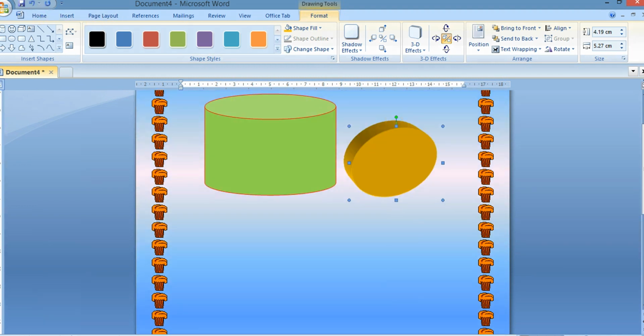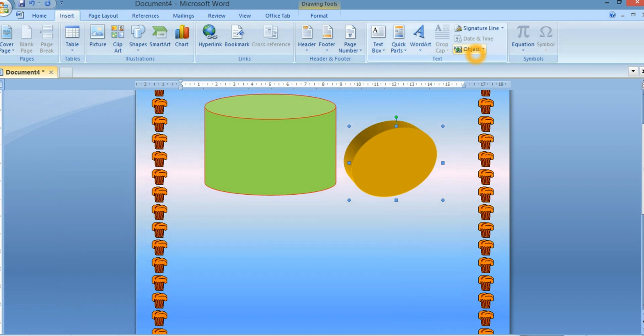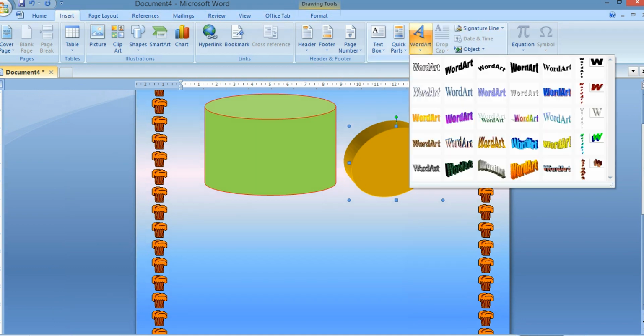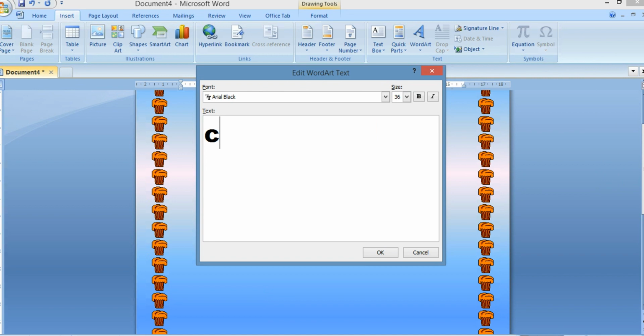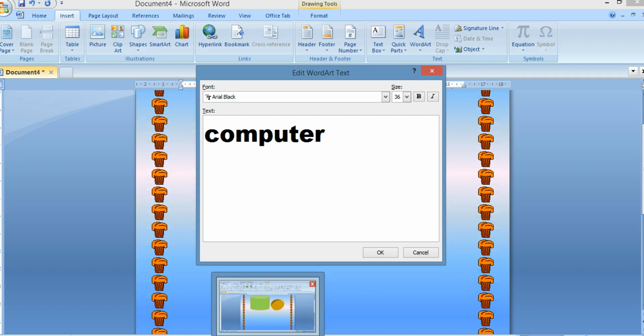Now students, if you want to write your name in WordArt, you can go again to the insert tab, select the WordArt, and select any of the WordArt here. Right here I am writing the computer subject. If you want to write your name, you can write your name.